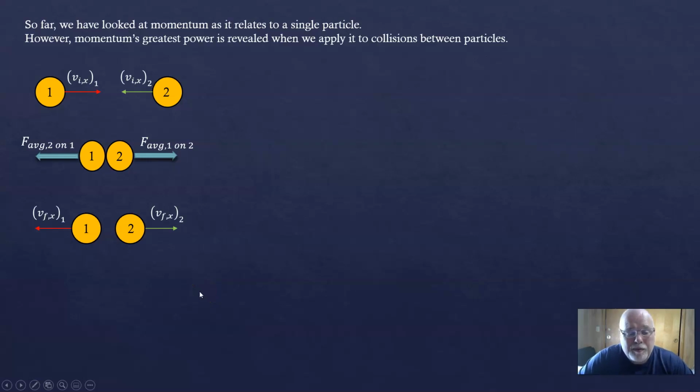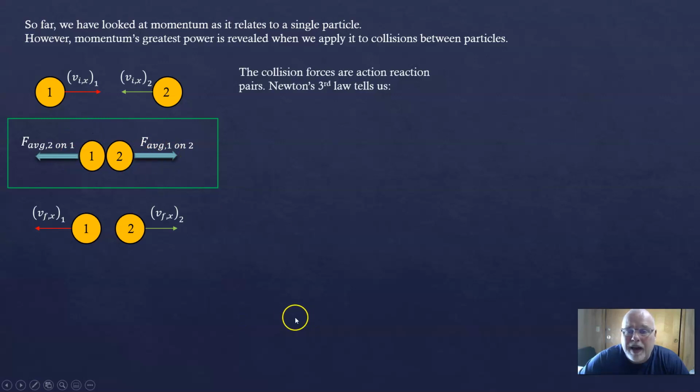Well, what I want to do is focus in on this centerpiece when they're actually in contact with each other. Now, they're exerting these forces on each other, right? But we know from Newton's third law that those two forces have to be an action-reaction pair. The average force exerted on object 2 is going to be the same as the average force exerted on object 1. And so Newton's third law just tells us, hey, the average force created by 2 on object